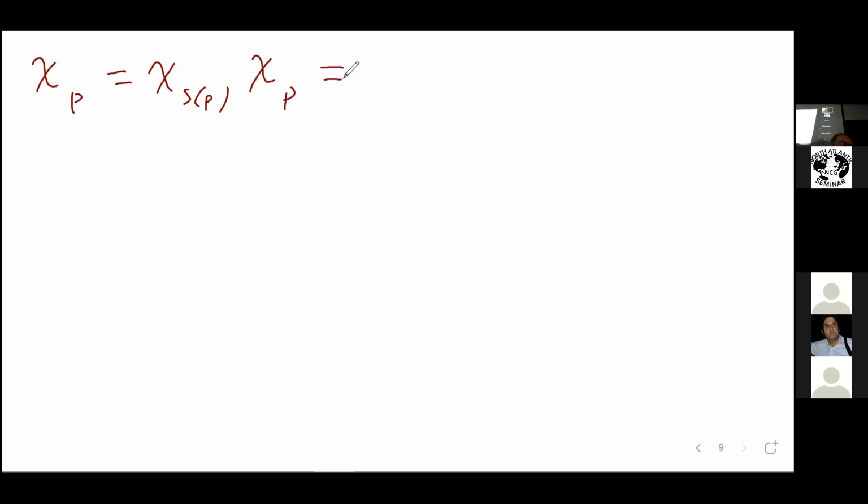And therefore, when I look at my unique decomposition, I can write it as chi S of P A1 plus